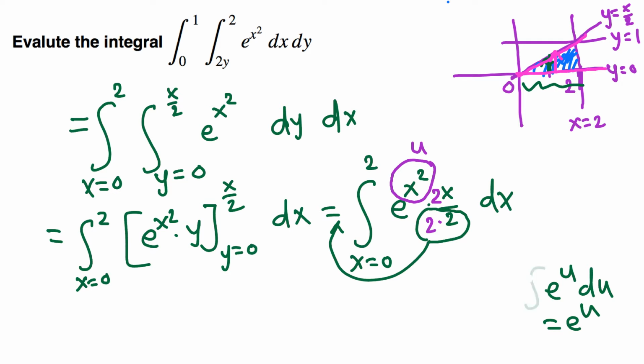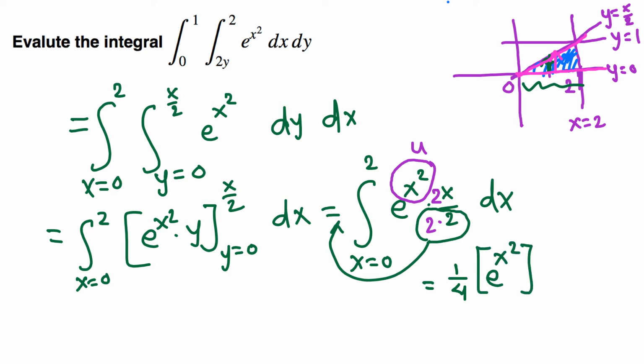So when we have e^u du, it's just e^u. Using this, we can write this is equal to 1/4 outside, e^u du is just e^u, e^(x squared), and we evaluate from 0 to 2. Upper limit minus lower limit, so 1/4 times e raised to 2 squared, e raised to 4, minus e raised to 0 squared, which is e raised to 0, and that is 1. So this is 1/4 times (e to the 4th minus 1). Final